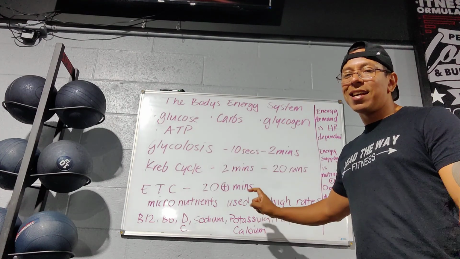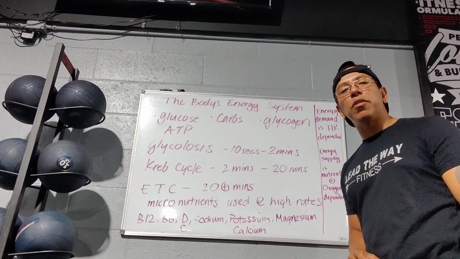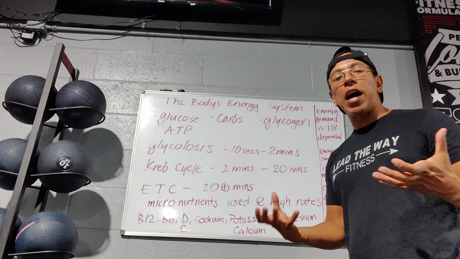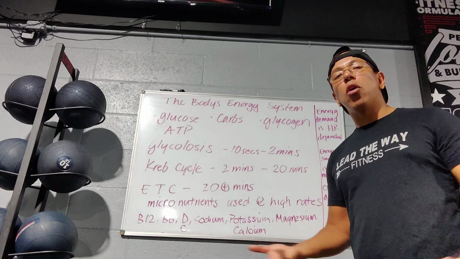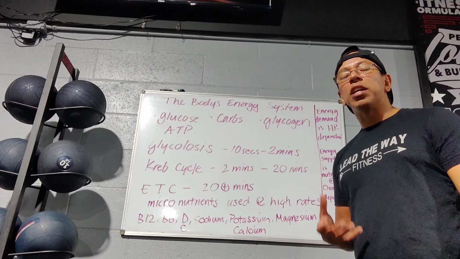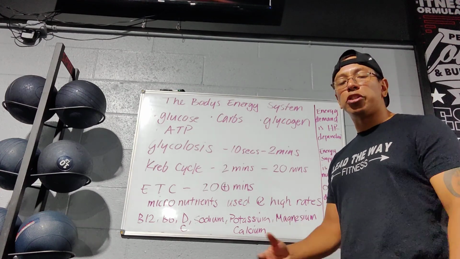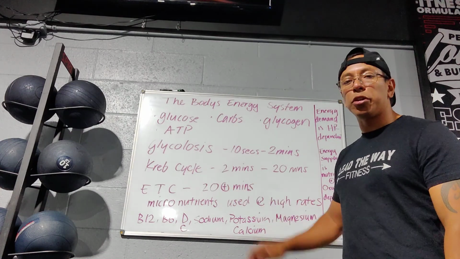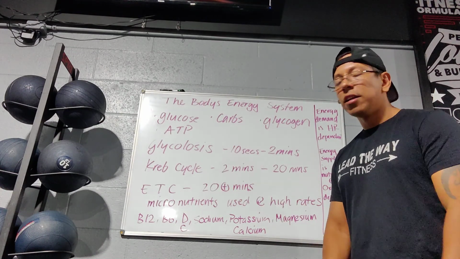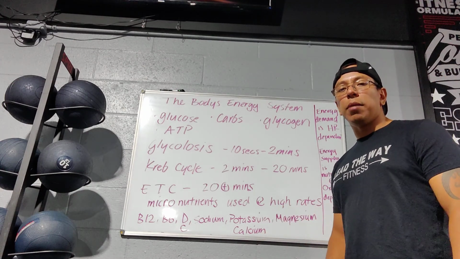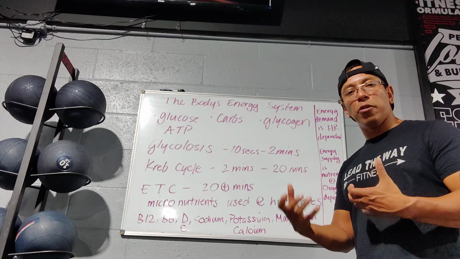It now uses glycogen. It now pulls from your fat, okay? Because fat has more stores. There's more value there. And if it needs to produce more ATP, then it needs bigger stores. It's not just going to get it from the sugar that's floating around in your bloodstream. It's going to get it from your stores, your gas tank basically, and that's fat. So when it blows into that 20 plus minutes, it starts to pull from glycogen, pull from your fat stores,